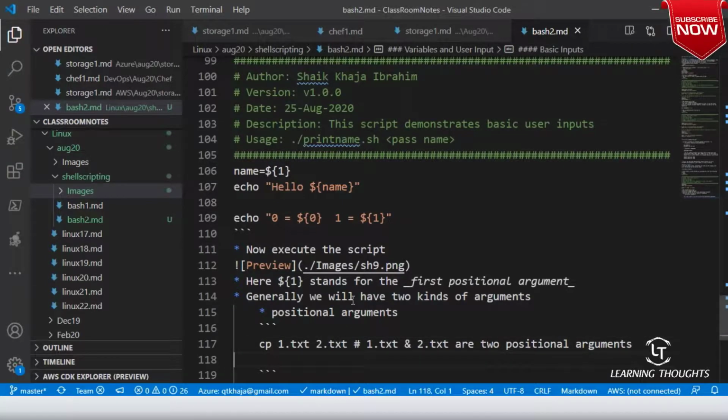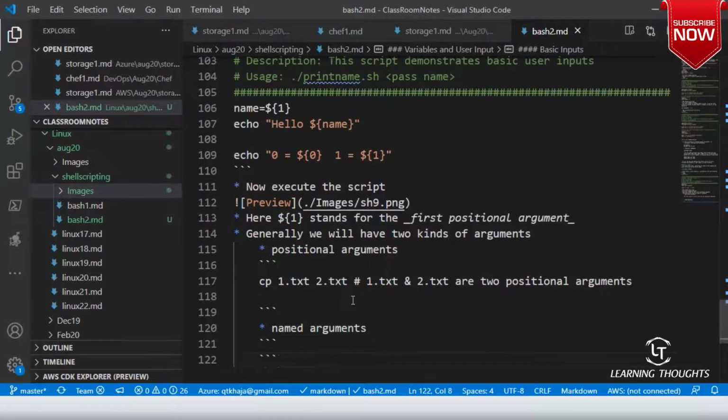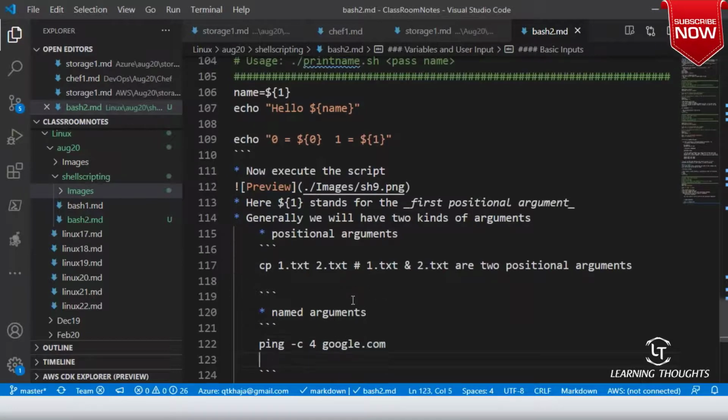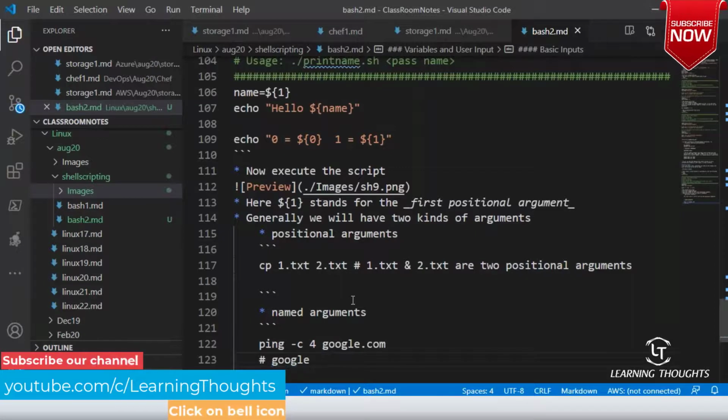And then we will have something called named arguments. If I use this expression, ping -c 4 google.com, here google.com, does it have any name?